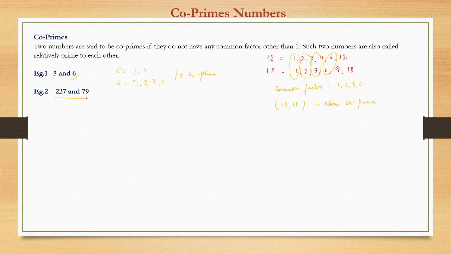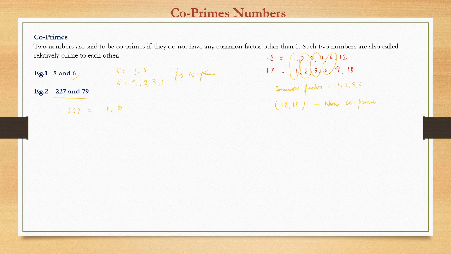Similarly, if we see 227, first we need to check whether 227 is prime or not. How to find this out? We will take the square root of 227. That will be somewhere around 12 point something. So we check the divisibility of 227 with all the prime numbers less than 12. Starting with 11, 11 will not divide 227. The next prime number is 7. Even 7 will not divide 227. Next is 5, also does not divide 227. Neither does 3. So 227 is a prime number.